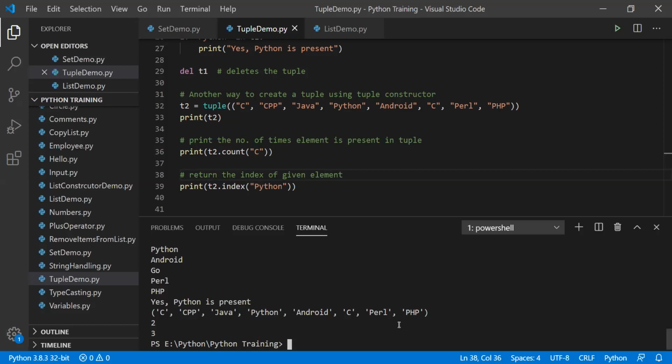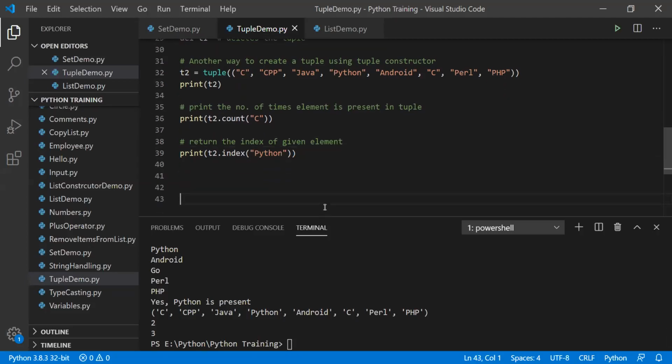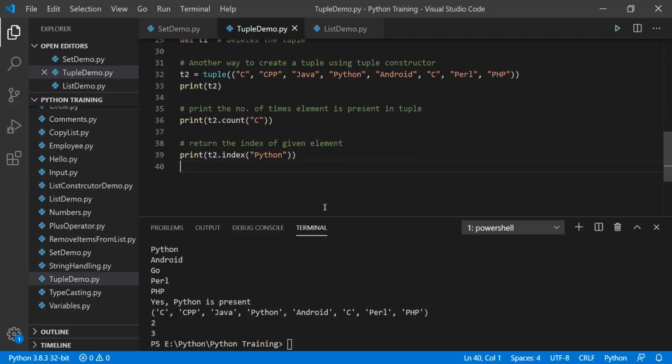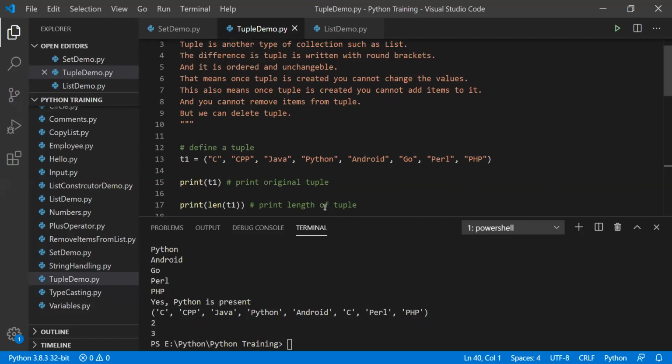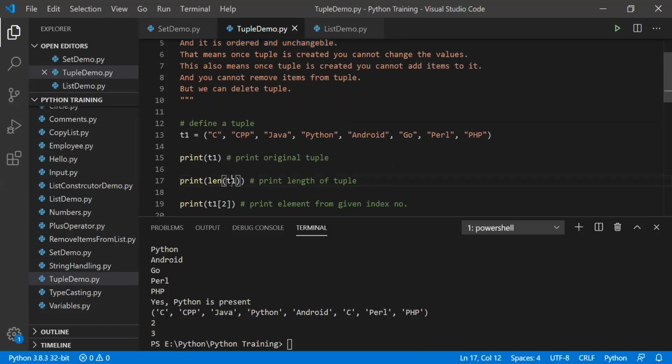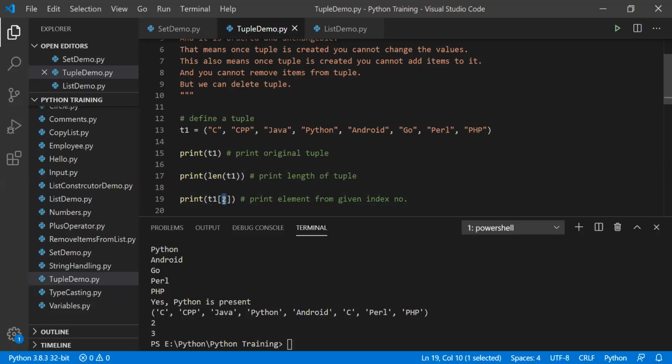So that is how we deal with tuple. This is how we can do all these things with tuple. We can check a few elements. The most important thing we should remember is that once the tuple is created, it is ordered. That is why we can use the index number here. This one is ordered, so there will be indexing. All those elements will be indexed.